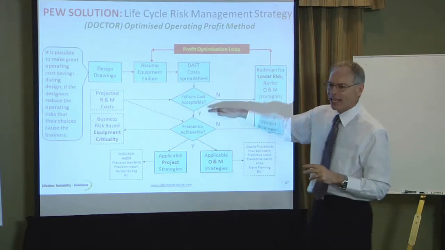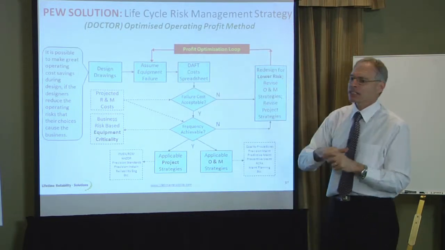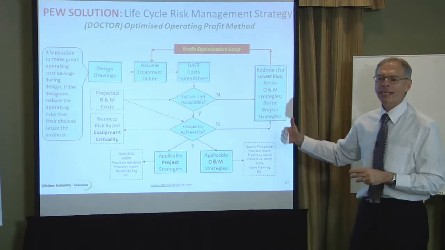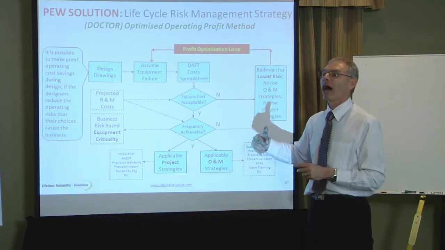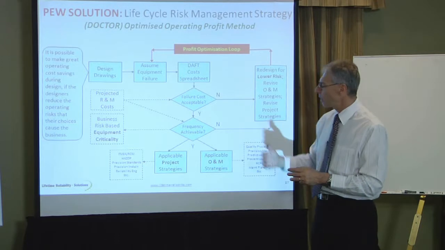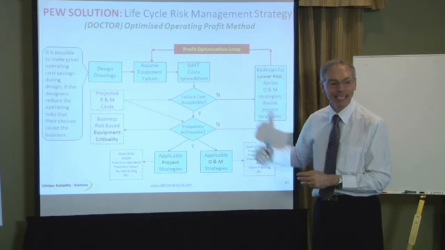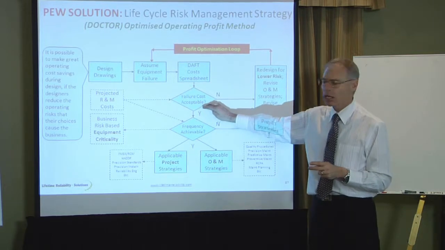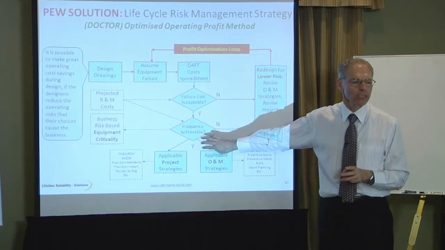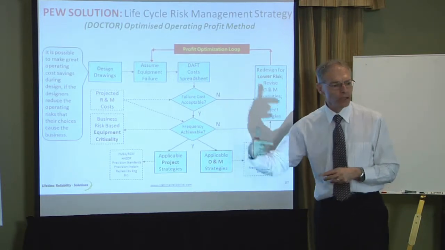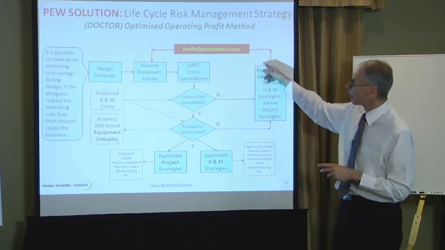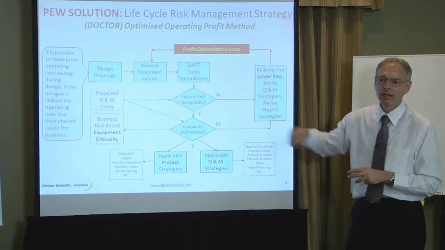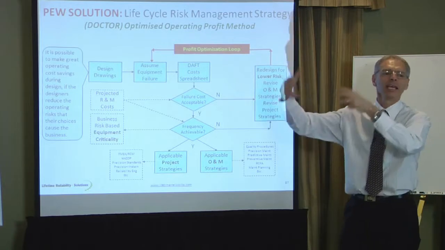Now, if the cost of failure is acceptable for one breakdown, so we can live with that, well, how many breakdowns a year would you be willing to live with? Can you have one a year, two a year, or one every 10 years that you can afford? So now we answer the two questions. Can I afford the cost, and how often can I afford that cost? Because if that frequency is too often, we go back the same way again. Back through and optimise our design selection to maximise the profitability in future.